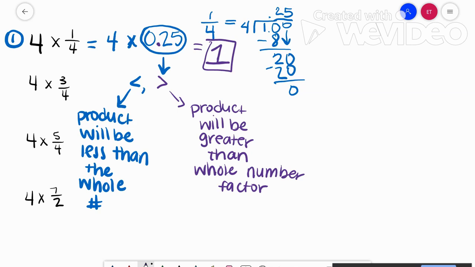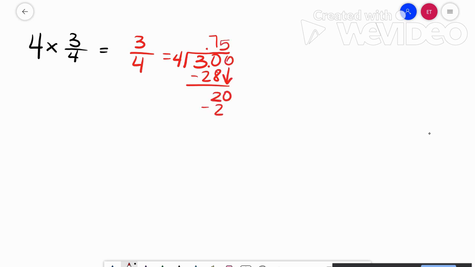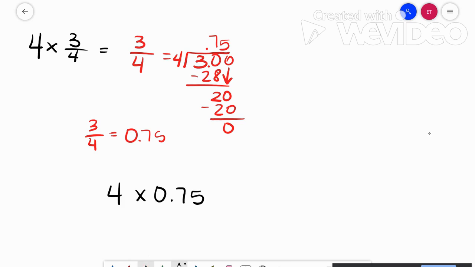Okay, now let's look at other options. If I wanted to write 3/4 as a decimal, again, I would do top in, bottom out. This is a benchmark fraction, so you should know this decimal by heart, but if you don't, divide. So 3/4 as a decimal is 0.75. So my new equation is 4 times 75 hundredths, and my